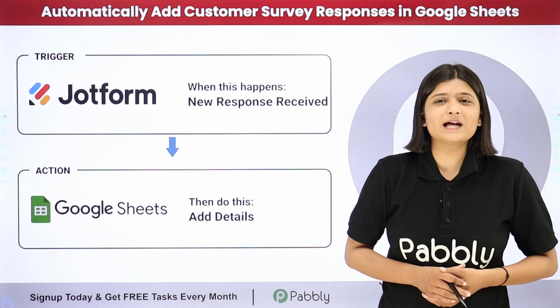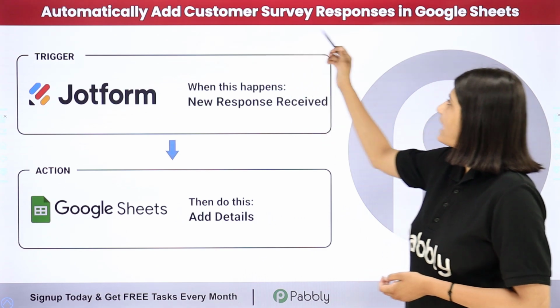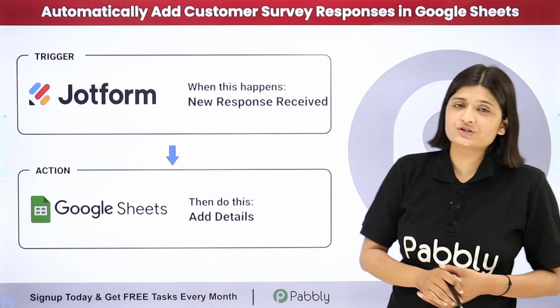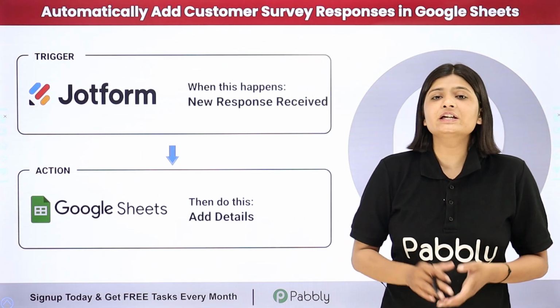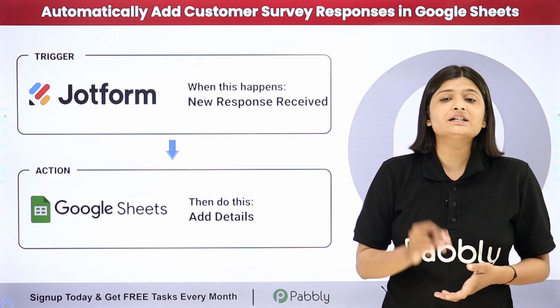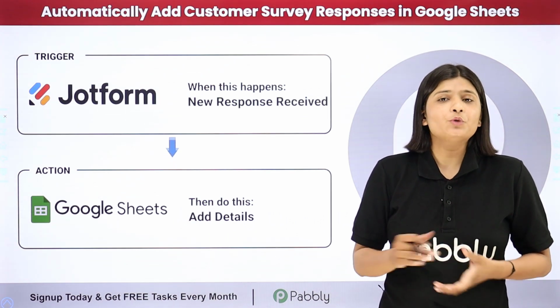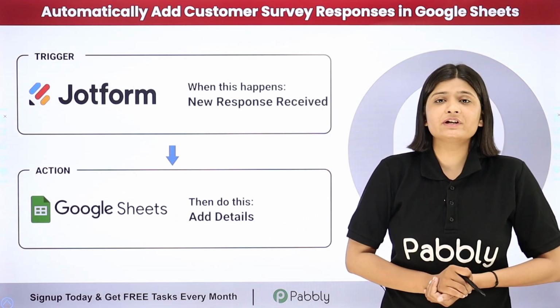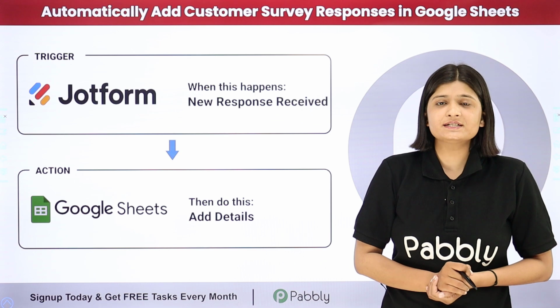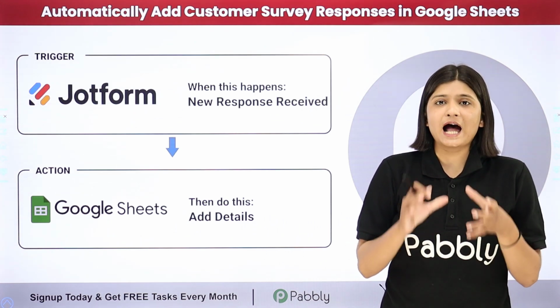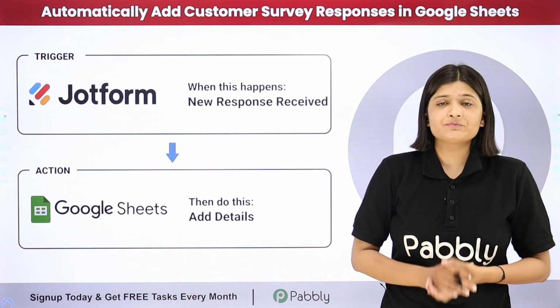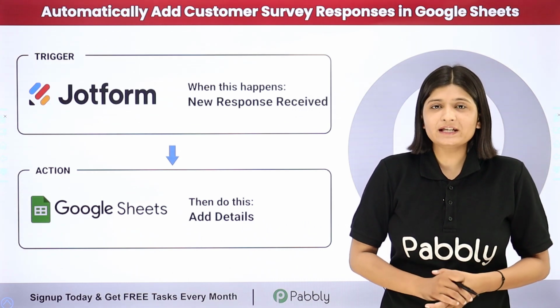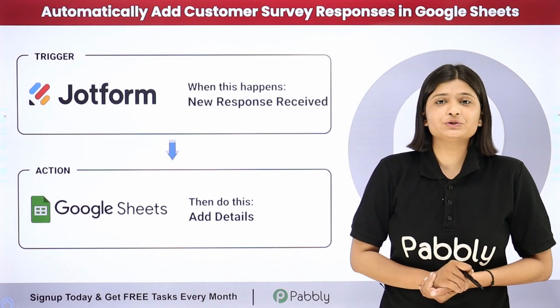So in this video, we are going to learn how to automatically add customer survey responses in Google Sheets. Let's suppose I have an e-commerce business and I am running a customer survey form post-purchase with the help of JotForm, and I want that whenever a customer submits a response, all the details related to that should be added in my Google Sheets. So I completely want to automate this process, and for this I'm going to use Pabbly